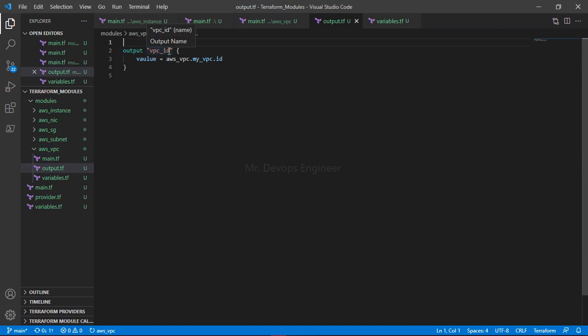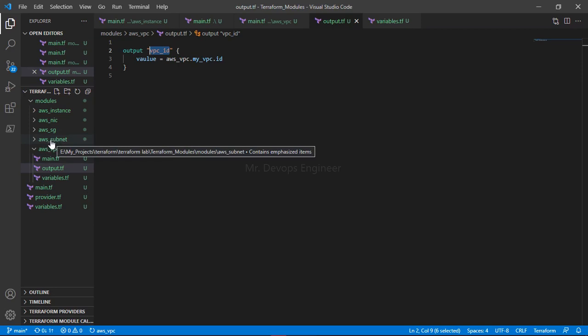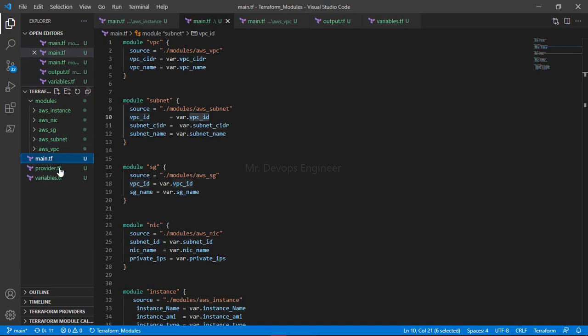So let's do one thing. We have to pass this value, right? This module has created the VPC and generated this VPC ID, and now it will throw it to the other one, which is AWS subnet, correct? So you will not touch this. You will go to the main.tf only here. And here it is asking for the VPC ID, right? So you will delete this now. Fine, not required.